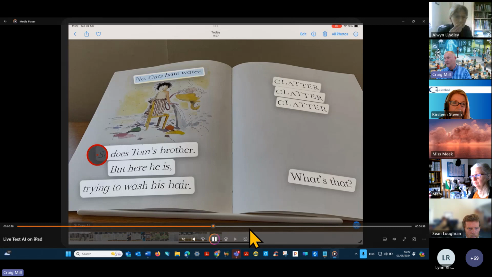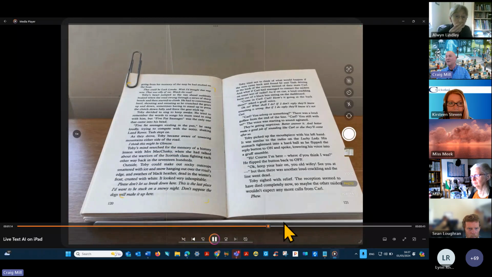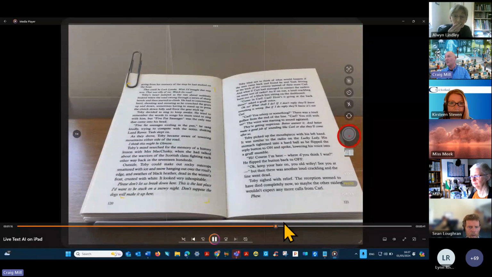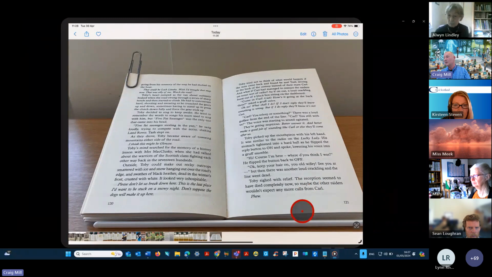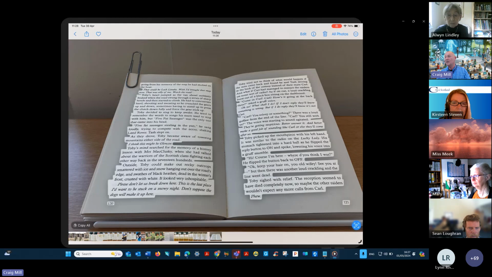I'm just going to fast forward it because I also took one from this book here. So you can see the text is really quite compressed, quite small. Doing the same thing, took a photograph of it, down to live text, clicked on live text, then identified the